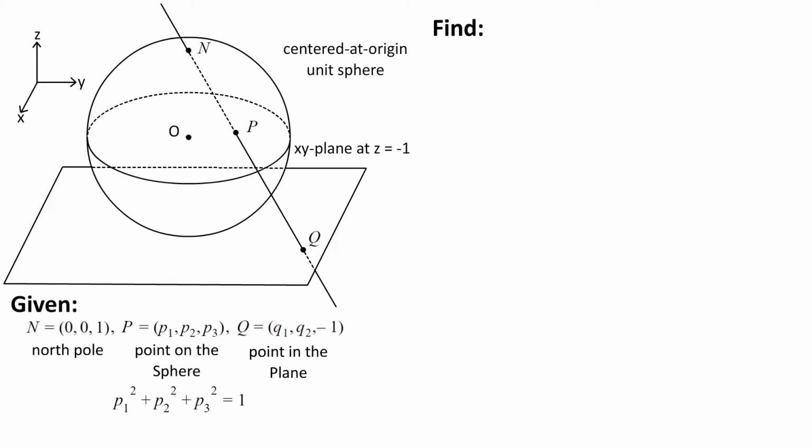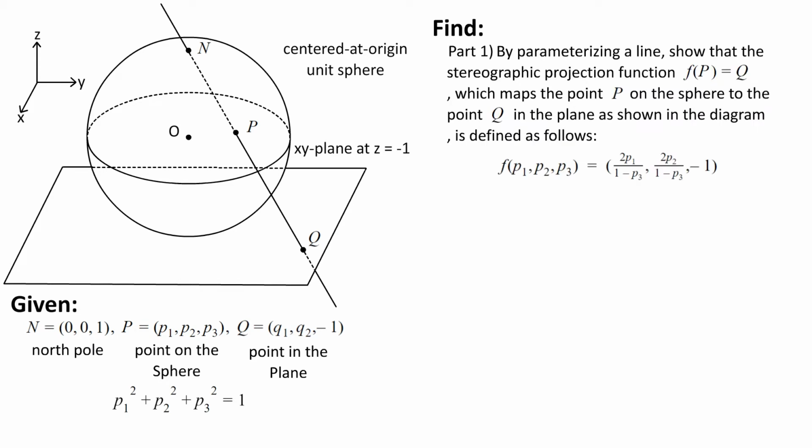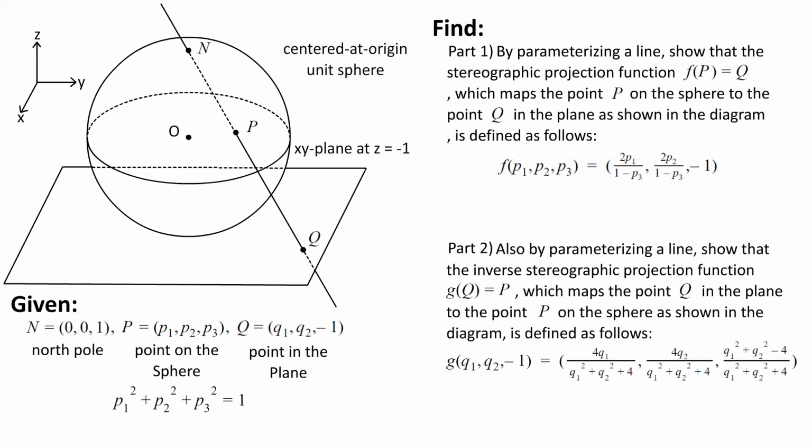Alright, so here's what we'll be finding. Part 1. By parametrizing a line, show that the stereographic projection function f of p equals q, which maps the point P on the sphere to the point Q in the plane as shown in the diagram, is defined as follows. Part 2. Also by parametrizing a line, show that the inverse stereographic projection function g of q equals p, which maps the point Q in the plane to the point P on the sphere as shown in the diagram,